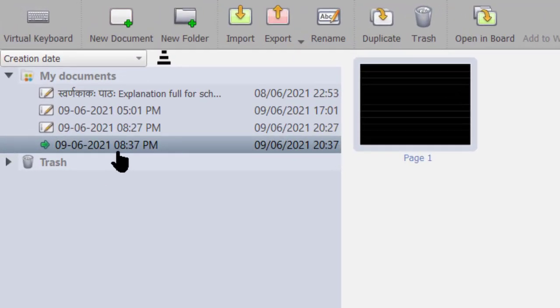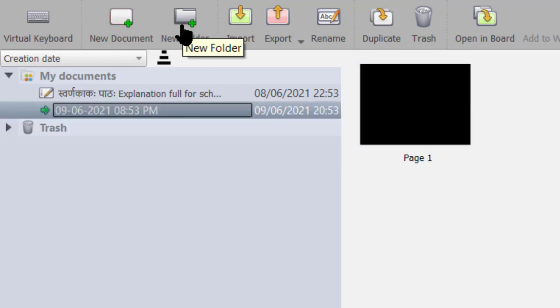So now I have to explain one more thing. Many options are there in this page also. At the top, new document, we can create a new document and a new folder. This is coming as a file, but we can create a folder also according to your class 6, class 7, class 8, like that.